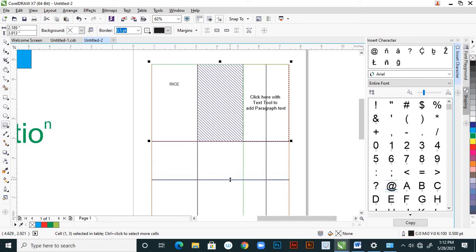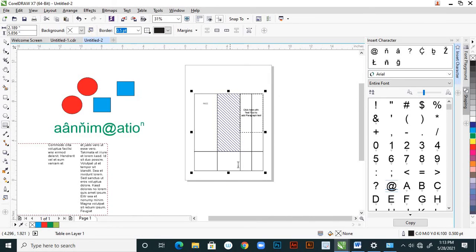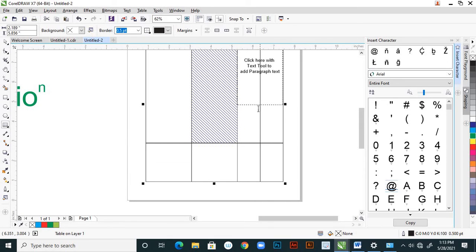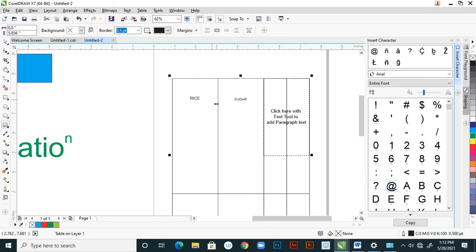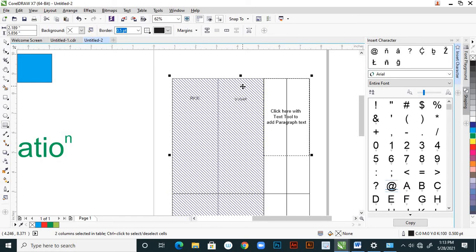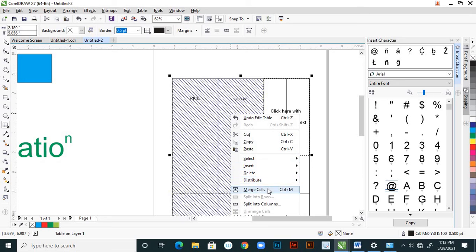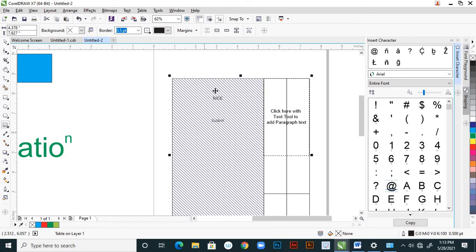Suppose here move down this entire portion, right? And you are merging that, and suppose you drag this one otherwise this, yes, from here I'll select, right, up to here. Suppose I want to see these two columns merged. See this line you can select here and right click here and merge cells. These two cells I am merging.